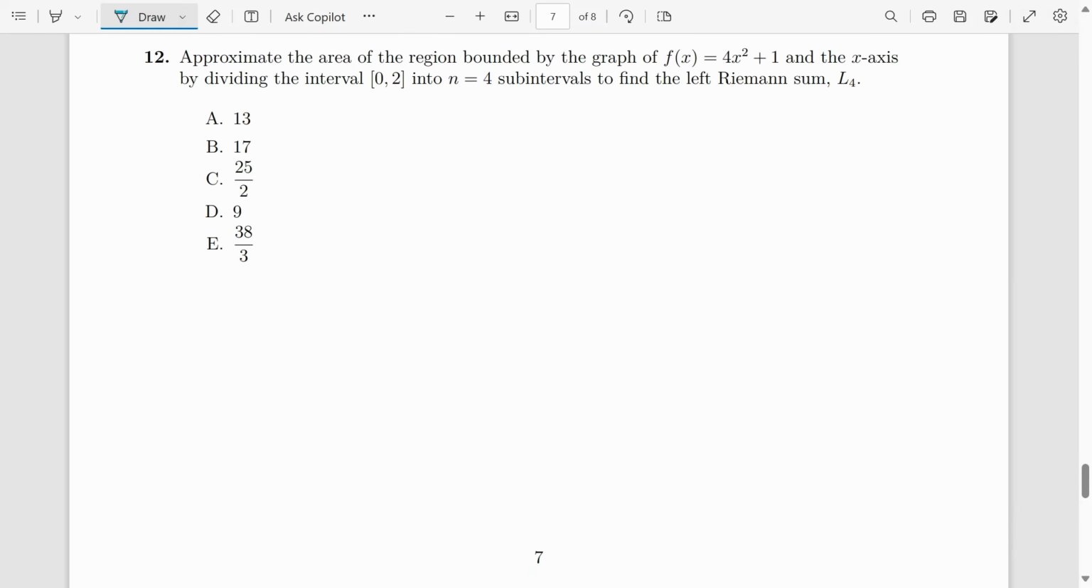Question 12, approximate the area of the region bounded by the graph of f of x equals 4x squared plus 1 and the x-axis by dividing the interval from 0 to 2 into 4 subintervals to find the left Riemann sum. All right, so Riemann sums,